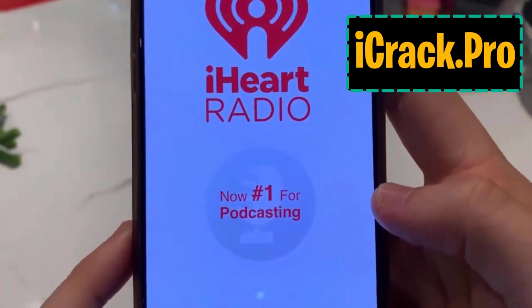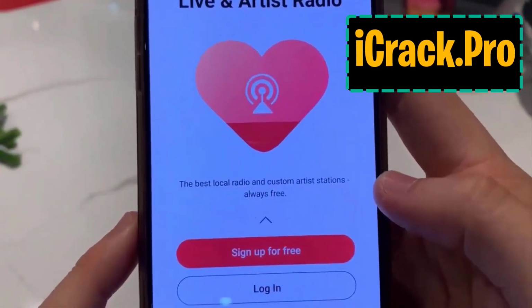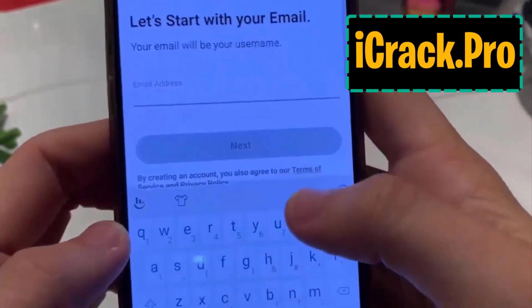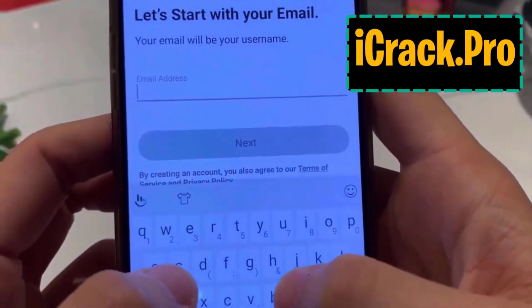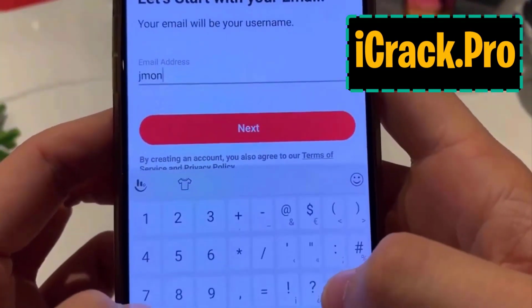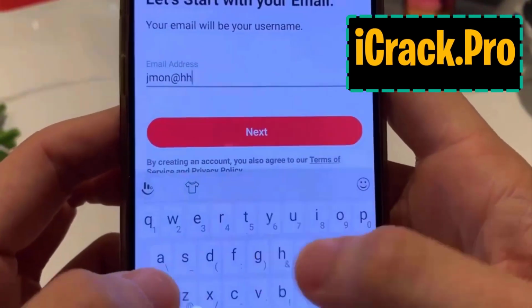iHeartRadio is the second one. You guys might have different apps to me. That's completely fine. Just make sure you at least do 2 of them. You can simply sign up as well if you want that one. Listen to podcasts, pretty good. But yeah, easy as. Once you've done 2, it should start to